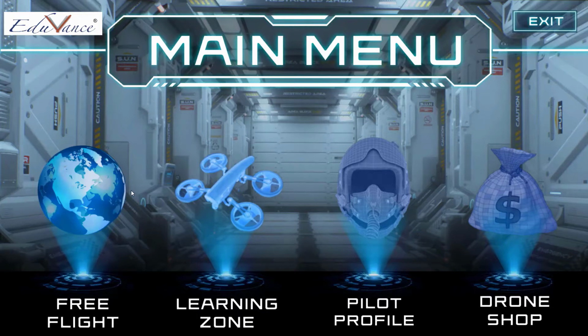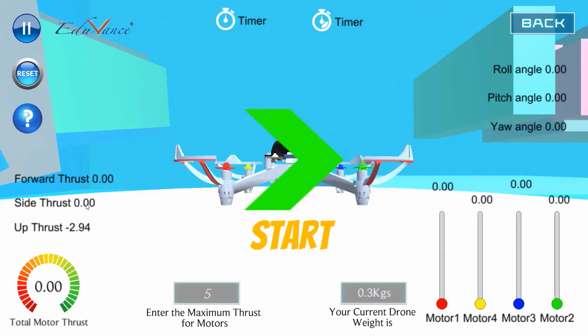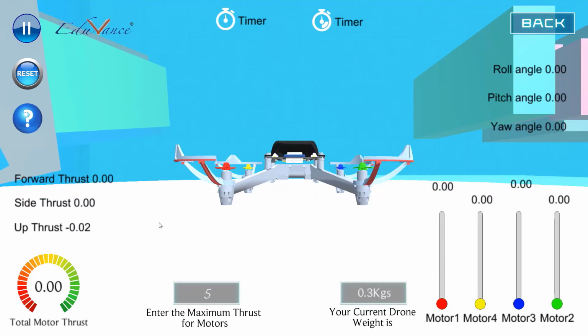In today's lecture, we will look at how to practically understand the concept of roll with drones. So now getting into our simulator. Continuing from our theory lecture where we were looking at how to roll the drone front and back, we will see how to pitch the drone forward and backward. Forward in this case is inside the screen, as you will see, and backwards is towards you, the user.